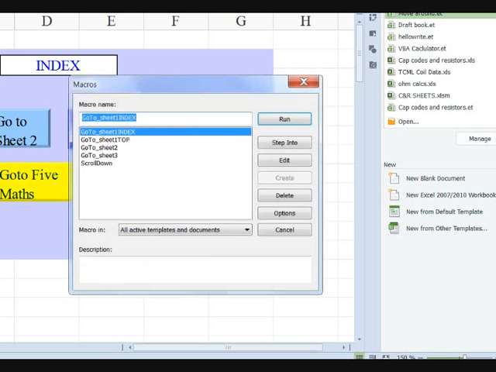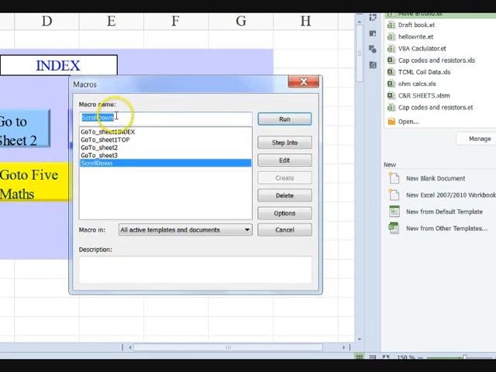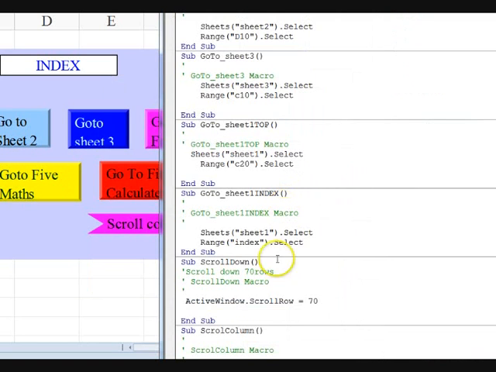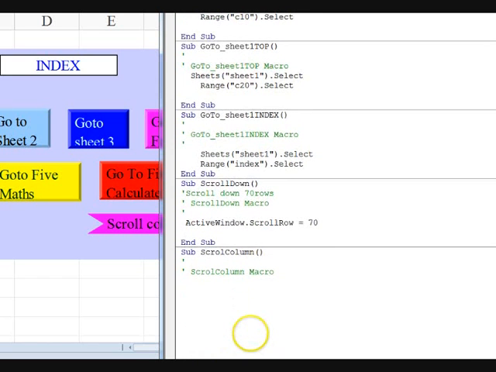We'll go developer macro, scroll down, call it scroll column. Where do we want it? We want it there. Create. Right. Active window. Copy. Paste that in, and we'll say scroll column,